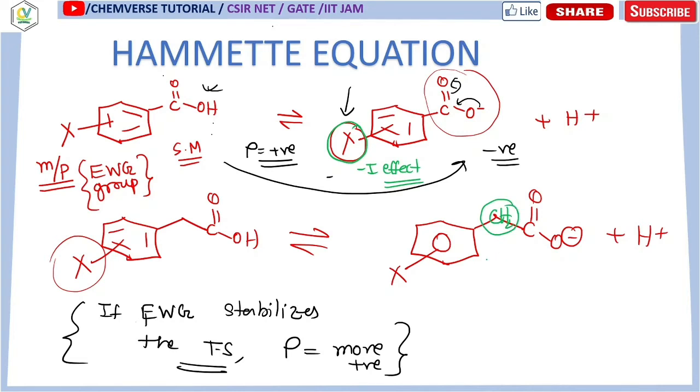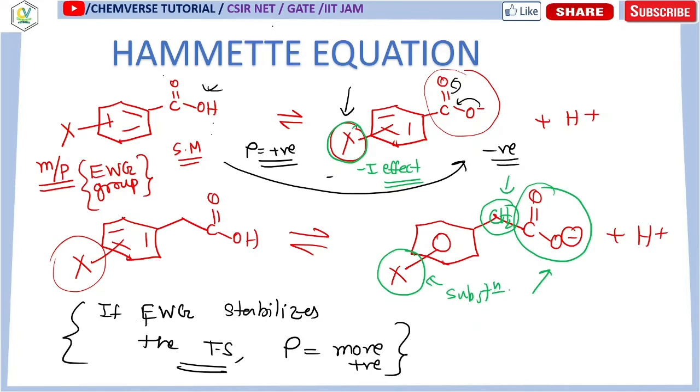And if you see that in the second molecule there is a CH2. So you can see that this X group, irrespective of where it is present, either in the para position or the meta position, due to the presence of the extra CH2 group over here, the distance is increasing. The distance between the substituent and the CO2 minus is greater in this case.